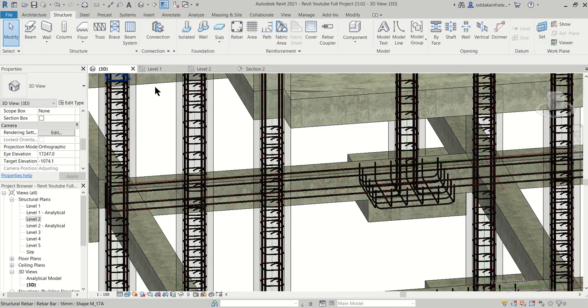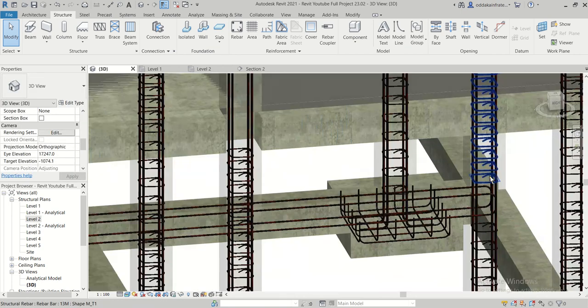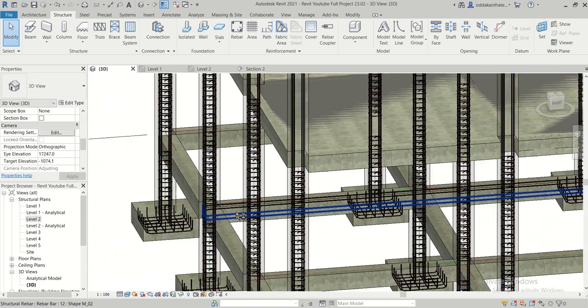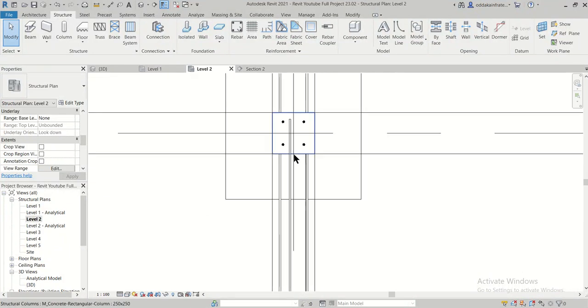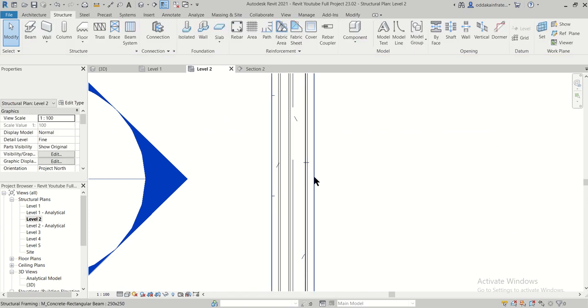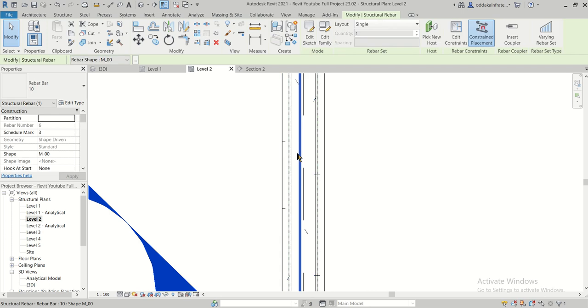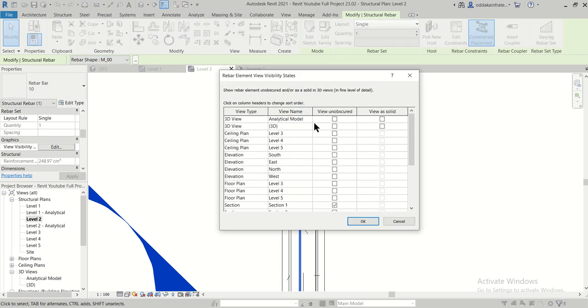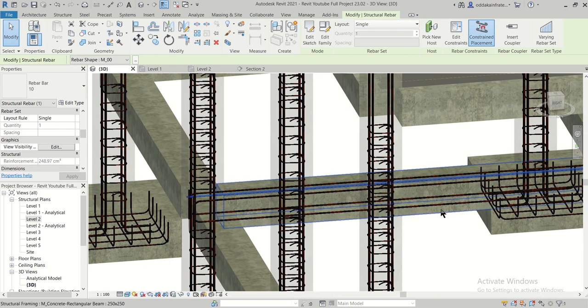let's check the 3D view how it's looking. So just to check this, we'll go to this particular level here, and then select this option and check whether it is visible in 3D view or not. Just to put this view as a solid view. Okay, and then in the 3D view we'll have a better look at this.